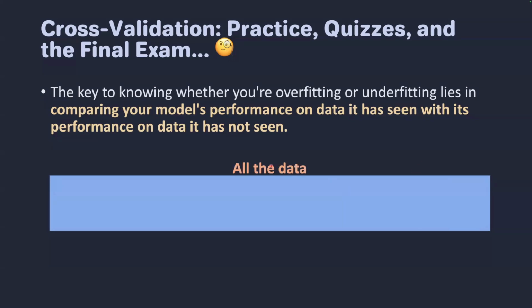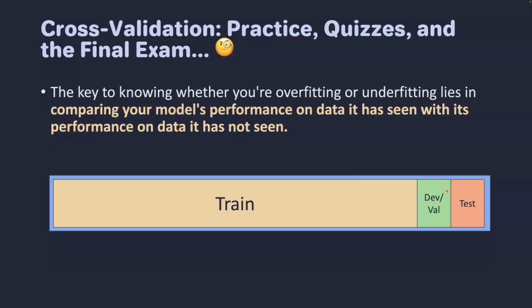Remember this blue box, this is our data. We're dividing the data into three different parts. If the model is training, it doesn't see any of the development data or the test data. This is completely masked from the model as it's training. The development or validation set and the test set, these green and orange boxes, are only data that we put into the model to calculate the output. These are only the feed forward part of the network. These are never used to update the parameters of the model.